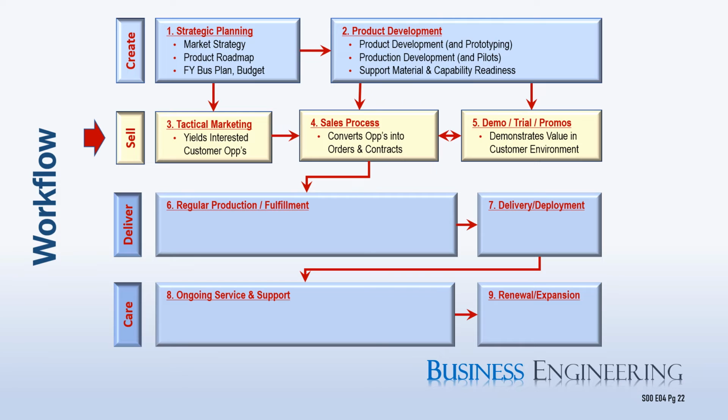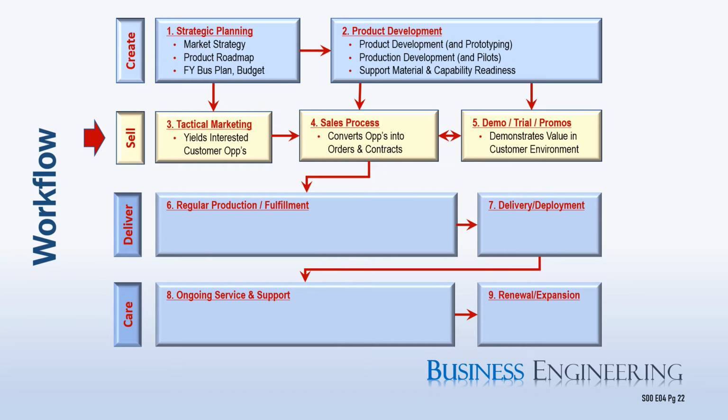The job of tactical marketing is to spread the word to potential customers and have that customer identify themselves as interested. The deliverable of box number 3 could be considered that of a sales lead or a sales opportunity. The next step is box number 4, which ignites the sales organization, and they proceed through a process of contact, qualify, understand, propose, negotiate, and close.